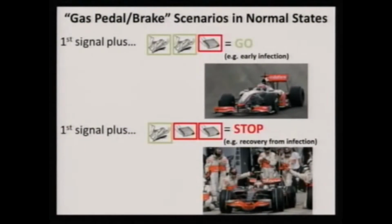Okay, so this is the gas and brake scenario in normal states. If you have 2 gas pedals and 1 brake, then it's a go. And that's a nice looking car that actually makes a turn and does not go upside down. This usually happens when there is an early stage of an infection. Our immune system has to become activated. Very simplistic the way I present, but this is a good way to understand how it goes. And then when the immune system takes care of business in the normal states, several of these negative immune checkpoint proteins are upregulated, and then basically you have your car nicely parked, ready to be used